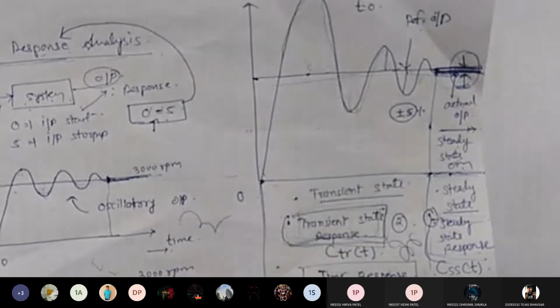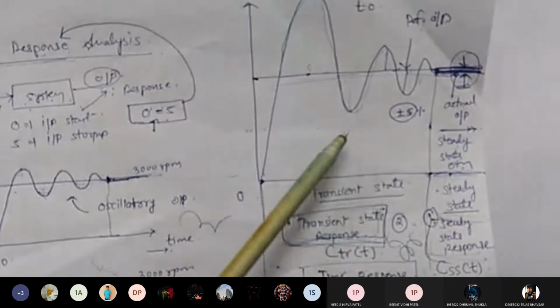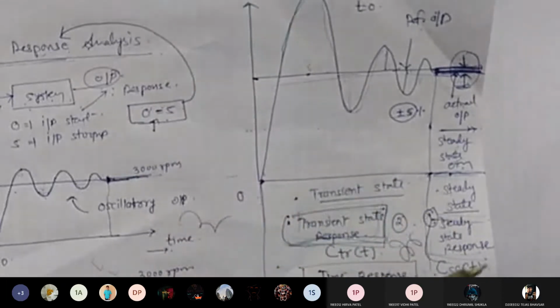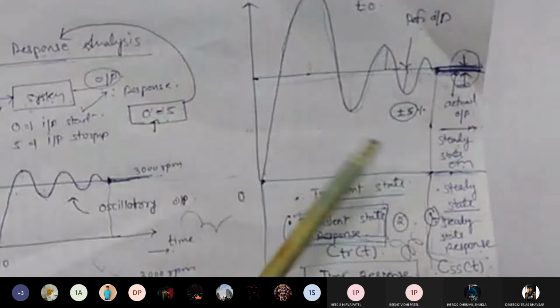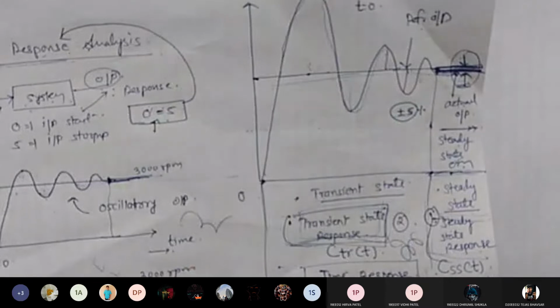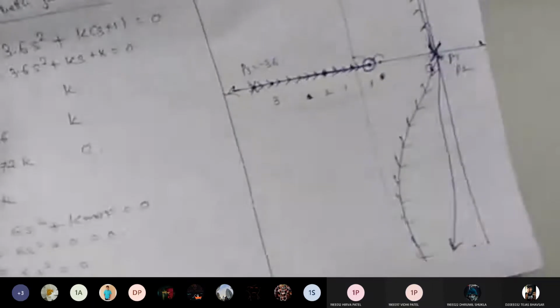As far as your syllabus is concerned, our analysis of second order system is limited to step input only. We will not go for unit ramp input and unit parabolic input. We will be mostly going for second order system with unit step input. Done? Have you completed all the homework that I have given? Yes, sir. Just complete the things whichever I have mentioned.